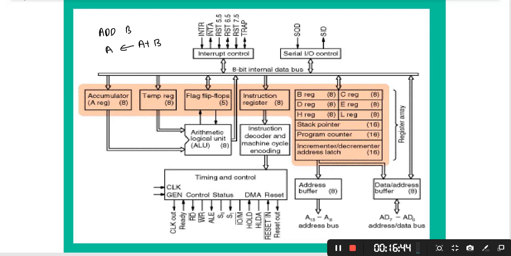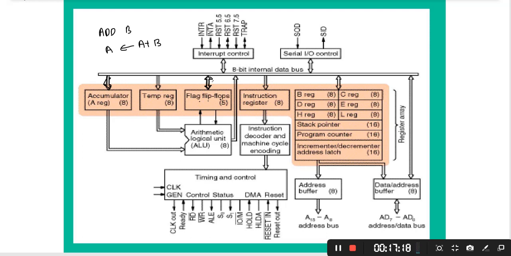Whenever we do any operation, the flag bits are updated, and this line is bidirectional, meaning we can read the flags as well as write to them. The accumulator is unidirectional: data goes into the accumulator, and from the accumulator to the arithmetic logic unit. In the same manner, data goes into the temporary register, and from there to the arithmetic logic unit.